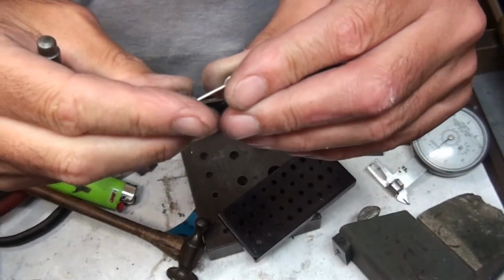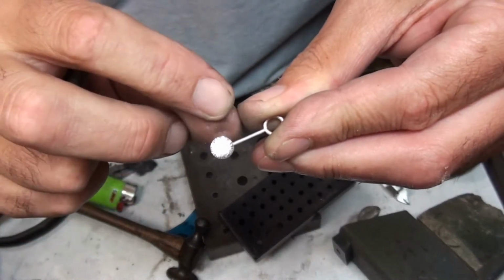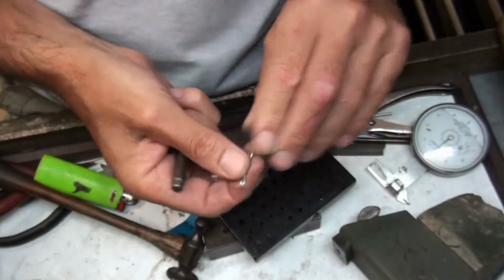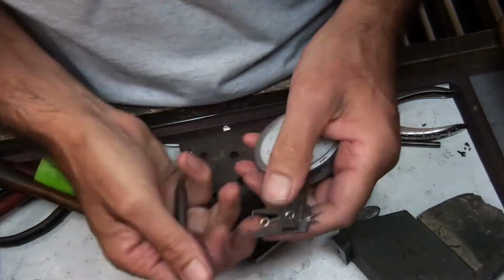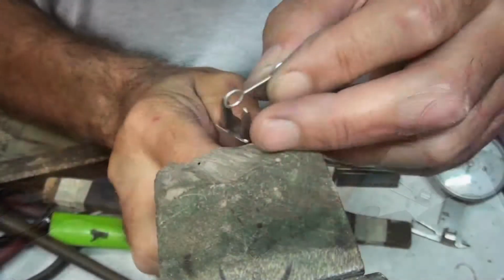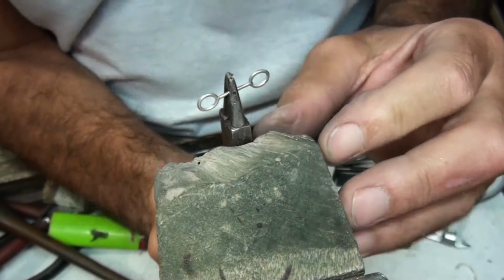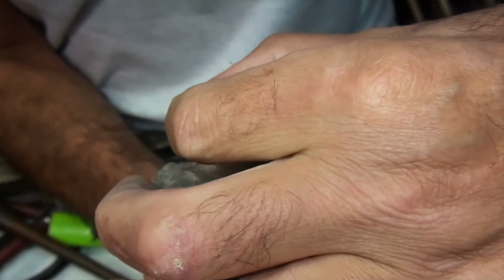Now before I form the setting, I'm just double checking to make sure that I can't see any metal around the stone when I place it on top. So that looks okay, and you can also just measure to make sure it matches the same diameter, which it does. Now place your round nose pliers right in the middle of the bridging wire, like so, and then push one side and the other,